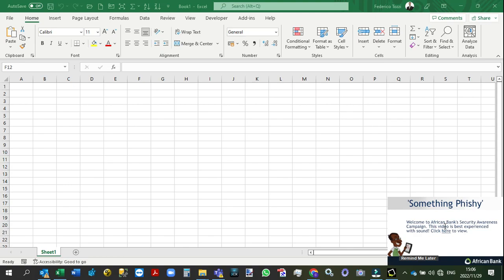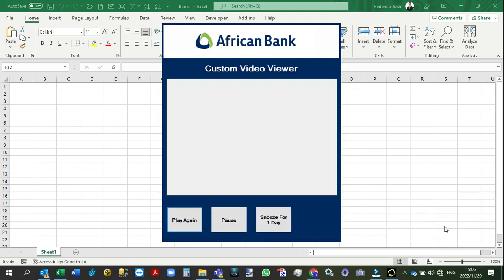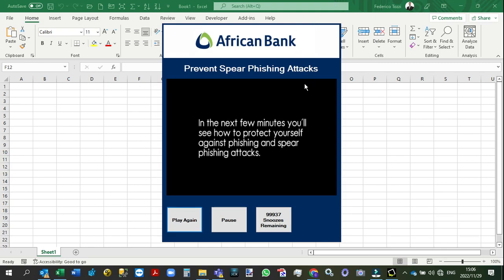So you click on this pop-up, and explain that it opens up in the custom video viewer that could look something like this. In the next few minutes, you'll see how to protect yourself against phishing and spear phishing attacks. Now, explain to the customer that you're running through our built-in video viewer, which has got a lot of advantages, because